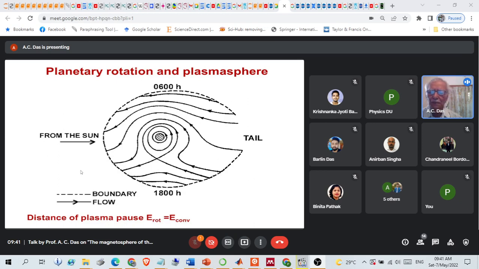Planetary rotation and plasmasphere. We have said that the plasmasphere is a result of the planetary rotation and the convection of plasma coming from the tail of the magnetosphere. Now here in this picture there are two things. One is the plasma rotation,